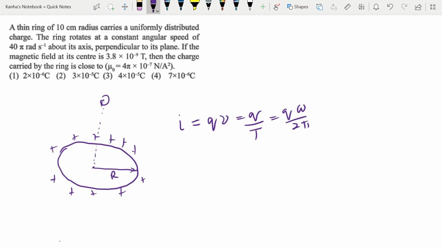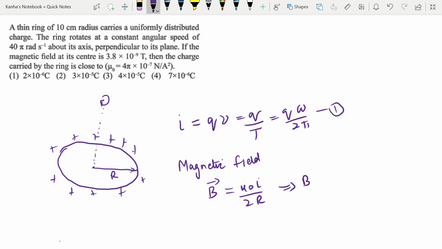Now the magnetic field B is given by mu naught I by 2r at the center. So using the value of I from the above equation, B is nothing but mu naught times q omega divided by 2 pi